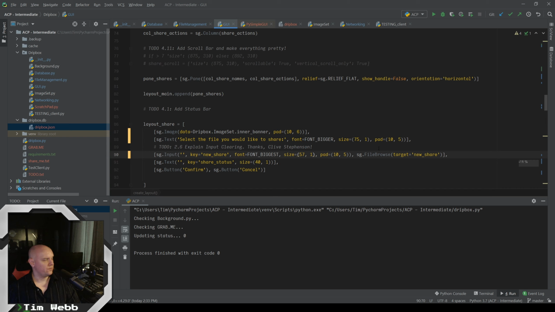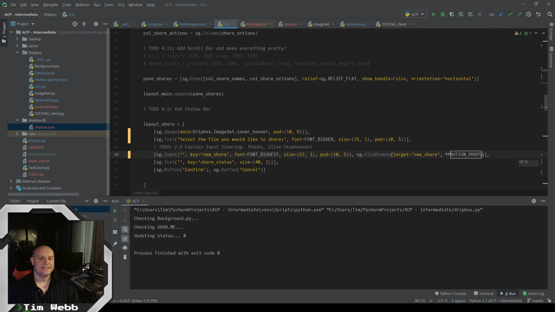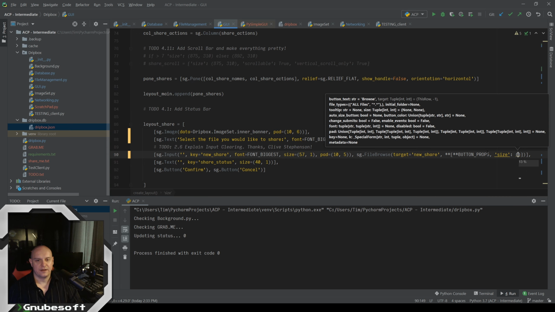And now for this file browse, this button doesn't have a border width property. So if I pump in the button props here, it's going to break. So we could, no, we actually can't do an override here because we could do something like this where we're breaking that up. You see, it's not giving me any errors because that is consistent. That's the right way that you would do this, where you could try to make a new dictionary by expanding this dictionary, and then you would say size or whatever that you're going to try to overwrite. But